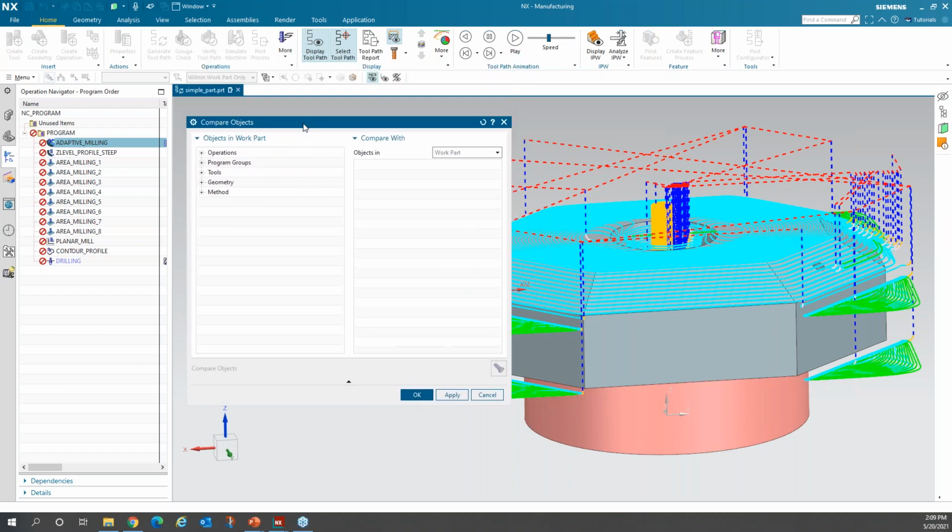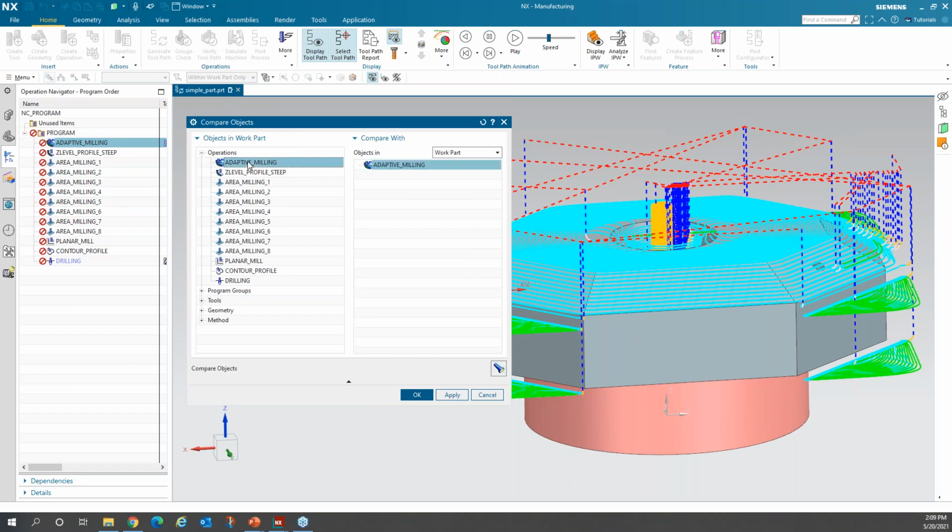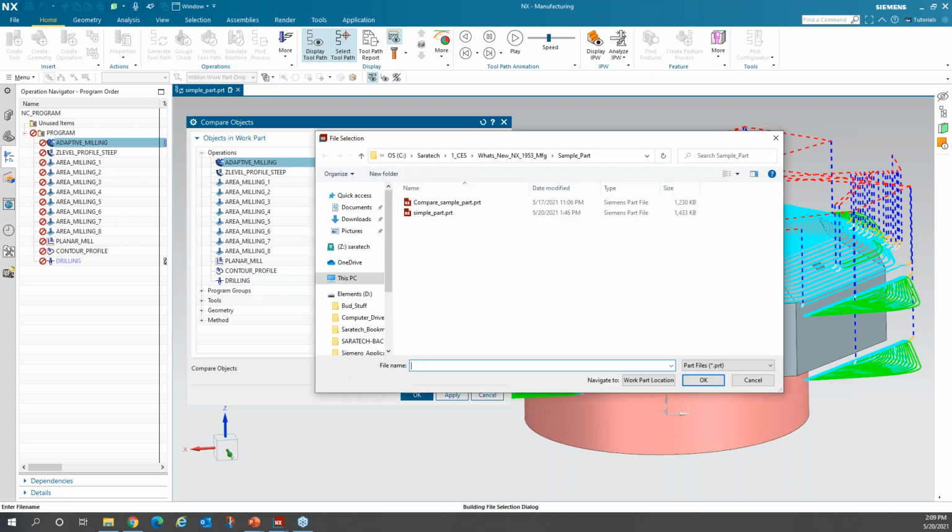And I want to compare adaptive milling, and I'm going to go to a browse way there at the bottom. Almost couldn't find it. And I made a part similar. This would be like if you ran a part very similar a month ago and it ran fine, and now you have a part that you're having problems with, and you think, what's different? So I'm going to pull up that part that I made a month ago that I knew had a similar operation,